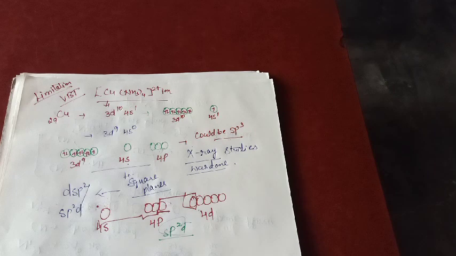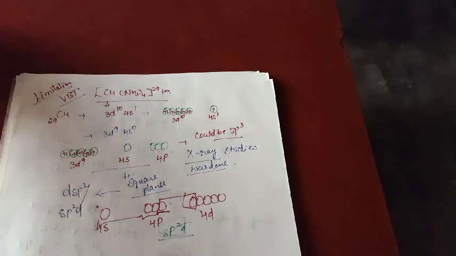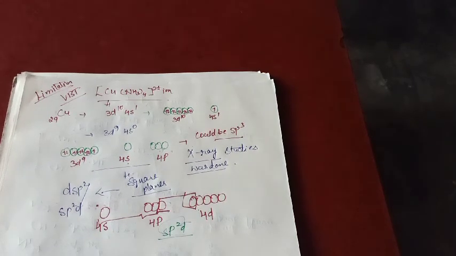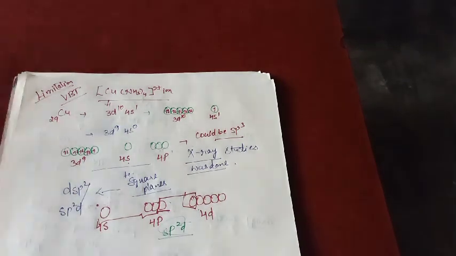So this is all the concept about VBT. Hope that will be clear to you. We are left with only the last concept, the crystal field theory, which will be uploaded in the next 2 videos, as 2 videos are required. First the splitting of the d orbitals, which you should be clear about, then we will discuss the main concept based on CFT. Okay, thank you.